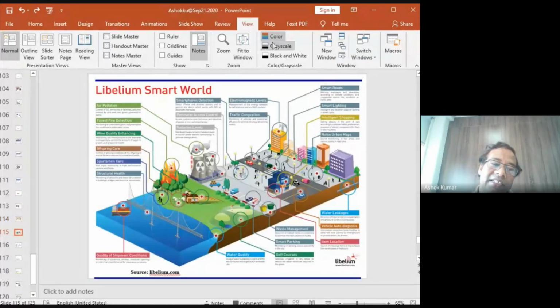Then this slide shows how important sensors are. Again, this is talking about the smart world, a small village or any smart city. And now you see the sensors here, how many